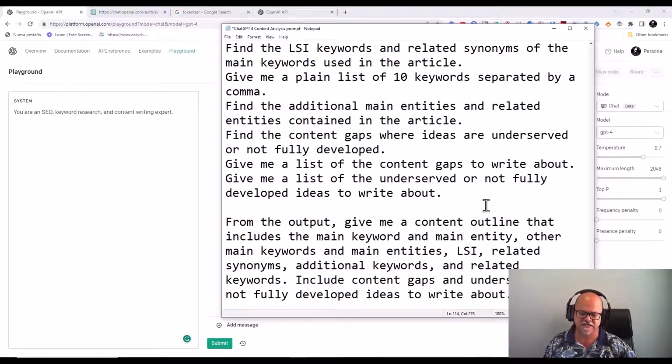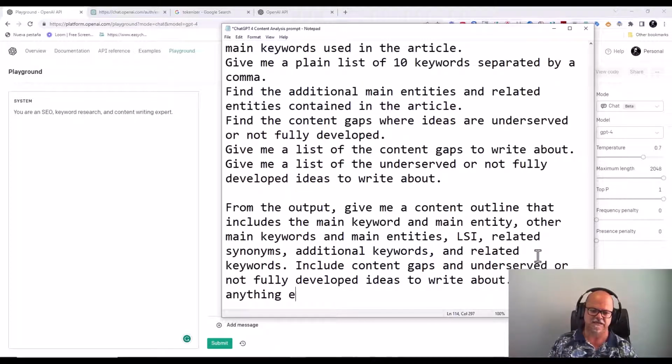Include content gaps and underserved or not fully developed ideas to write about. And include anything else that I should write about in the outline.